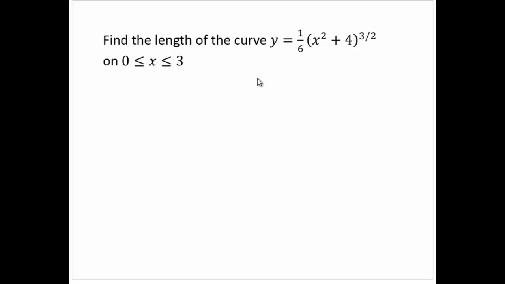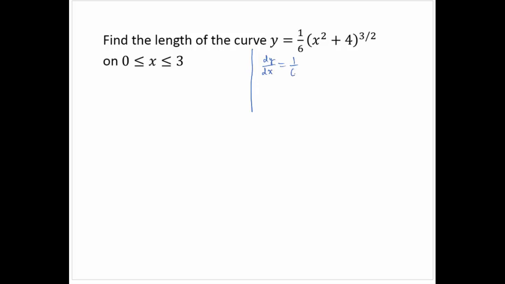So let's see a fairly straightforward example. Here we're asked to find the length of the curve y equals 1/6 of (x squared plus 4) to the 3/2 power on the interval 0 to 3. So notice in this we have y as a function of x. So what I will do is first calculate the derivative. So then dy/dx